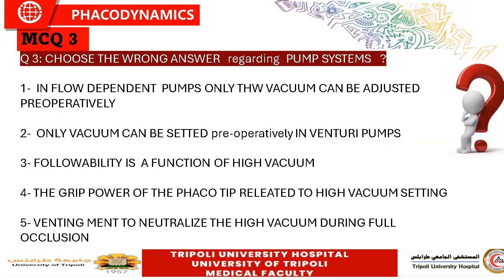Now the third question: choose the wrong answer regarding the pump system. So we have to choose the wrong answer only. In the flow-dependent pumps, that's the peristaltic pump, only the vacuum can be adjusted preoperatively. This is wrong because we said that both the aspiration flow rate and the vacuum can be adjusted in peristaltic